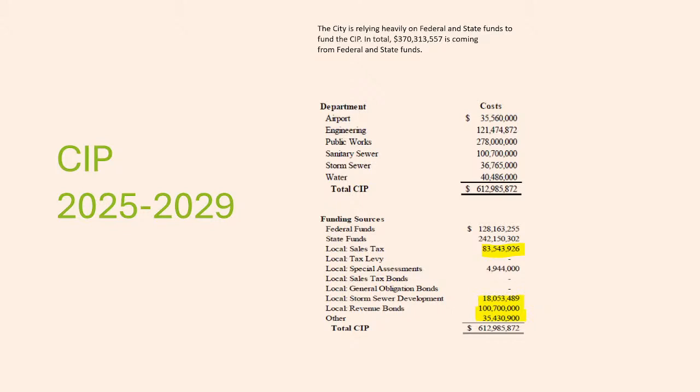And the reason we highlighted that, of course, $35 million from other, is this is where some of that reserve balance comes into play when we're looking at future projects and how we're going to fund that. We know with this large flood control project that we are going to have to finance that to complete the project. So kind of like when you're buying a house, it's a big ticket purchase. We don't go and buy the camper and the boat and the four-wheeler, everything else when we know we're going to buy the house and have to borrow money to do that.